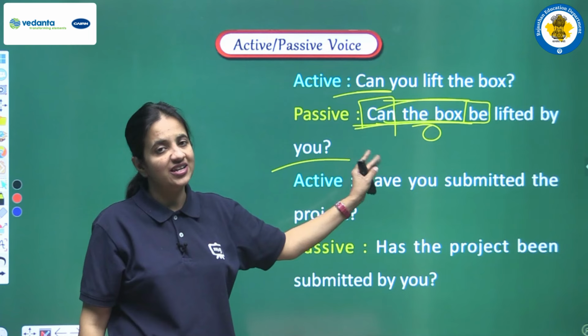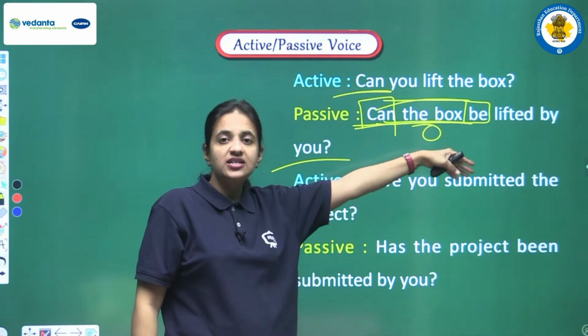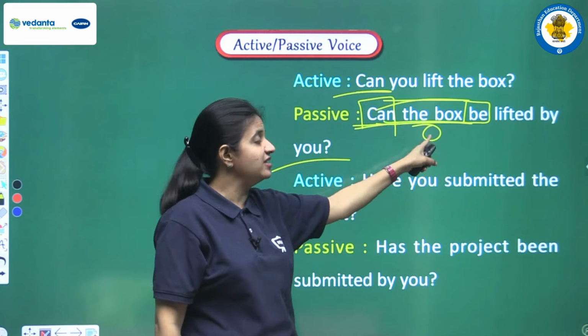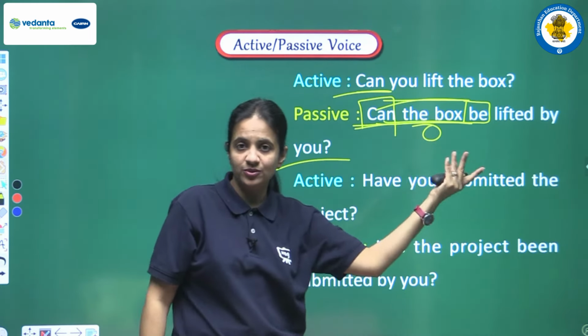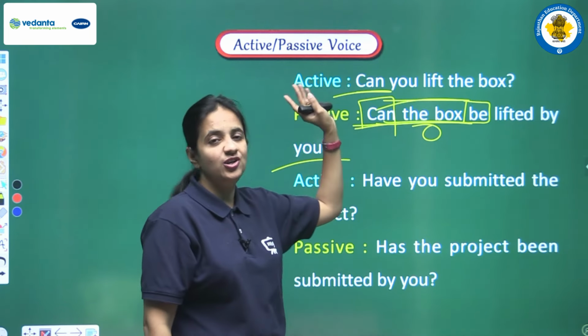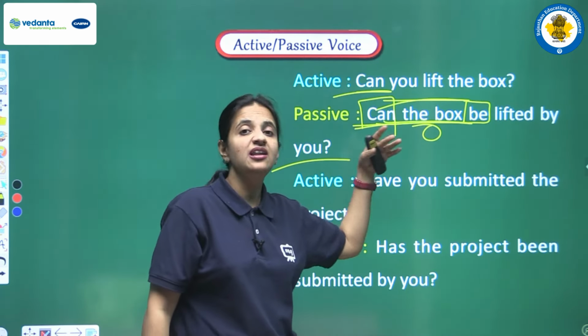Learn the structure very carefully. In an interrogative sentence, can and be, these two words won't come together. In between there will be the object. Here in this sentence, the box is the object. So the active voice was can you lift the box, and the passive voice will be